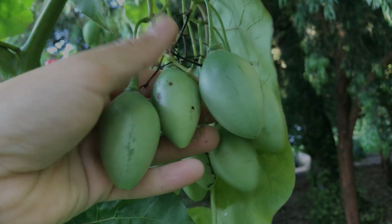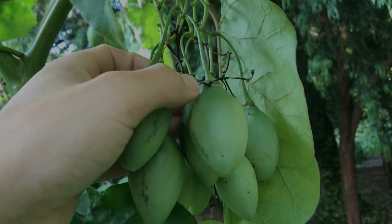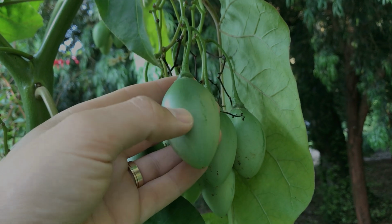And if it gets too tall, and believe me, it could in one season from seed, these plants are really fast growing. If it gets too tall, you can cut the top off to fit it into wherever you store your plants for winter, and it will reshoot from the stem in spring. The tamarillo fruits on this plant have a bitter skin and the flesh is said to be quite sweet. I've not eaten one yet, but I've got lots of plants growing, and as you can see, this is a